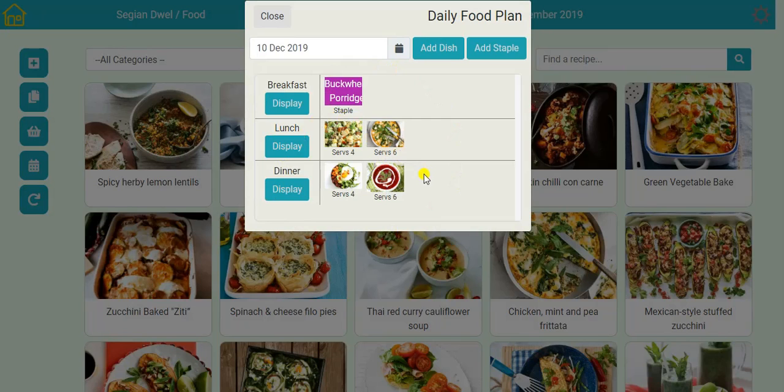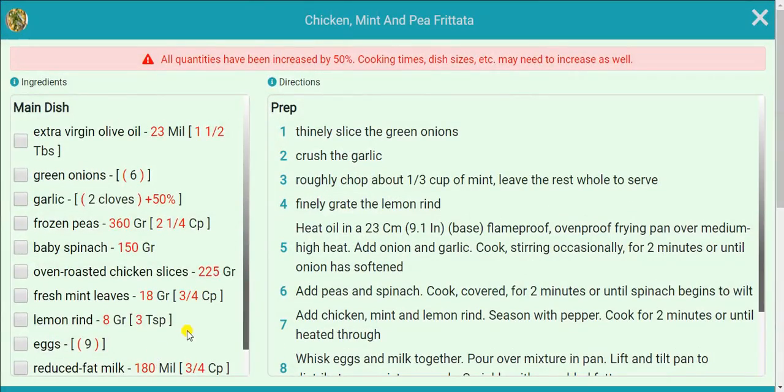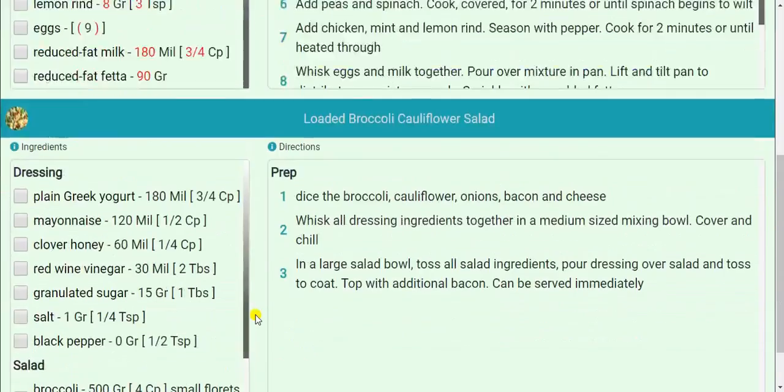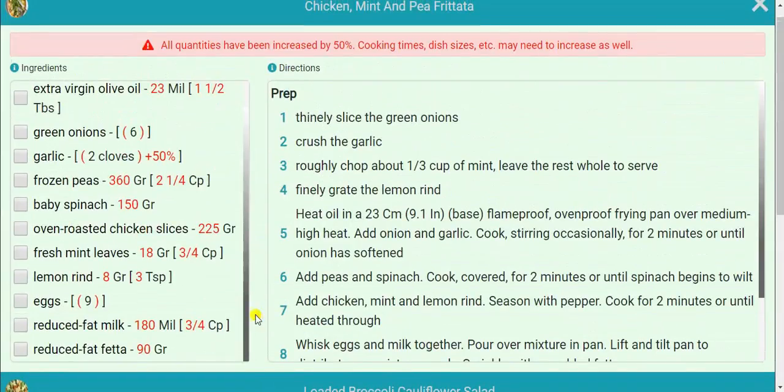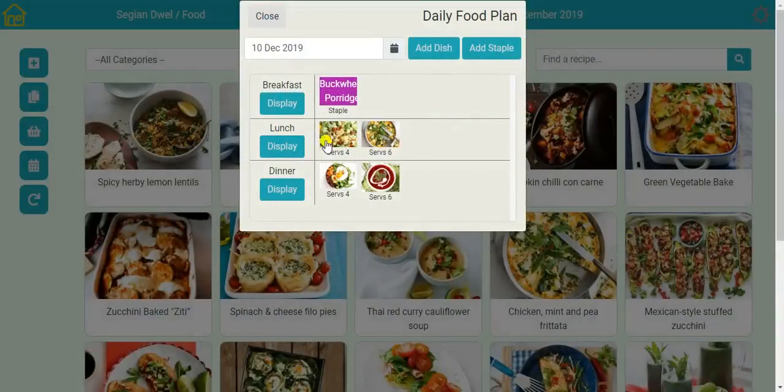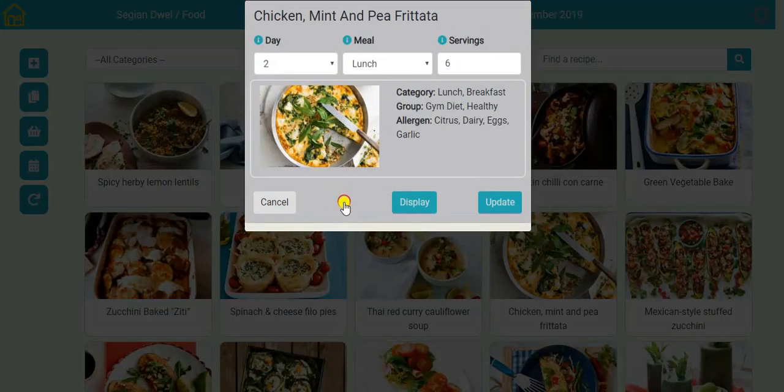And there are several things you can do here. You can, as you start cooking lunch for that day, for example, you say display, and it shows you both of those recipes in a row, so you can start cooking them. Or you can amend that day's plan from here, like clicking on that dish, you can delete it out of here. Anyway,